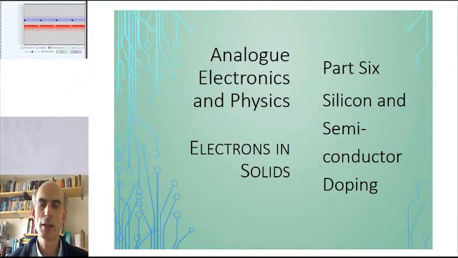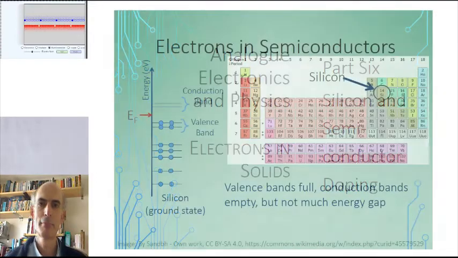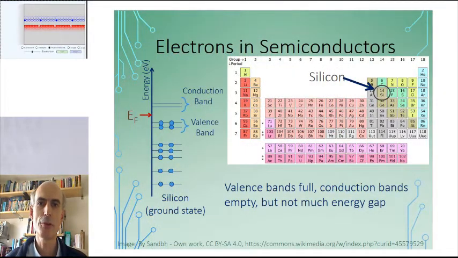This time we're looking at semiconductors and doping. The example semiconductor we've been using is silicon. And silicon has a Fermi level here, which is in between a full valence band and an empty conduction band in the ground state. However, the top of the valence band and the bottom of the conduction band are not